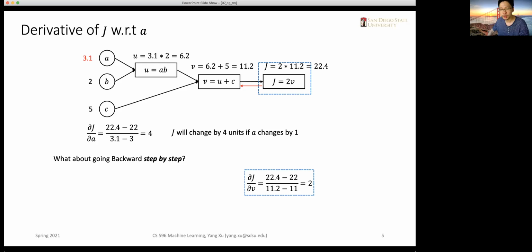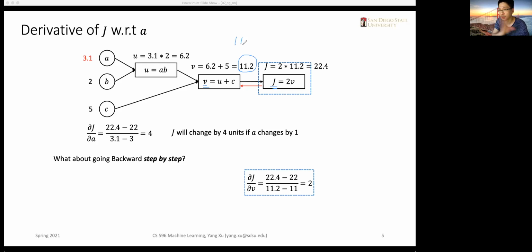So now we are basically considering these chain rules, but we don't call it chain rules here as for now. We will just look at how much change in the intermediate variables will lead to the change of the cost function, of the output function, right? So let's now focus on the connection from the V, which is the intermediate variable, to the J, which is the output, okay? So we just look at how much V has changed, which is 11.2 from the old value